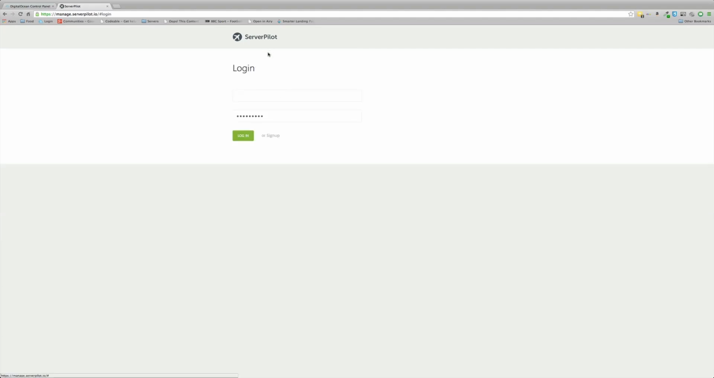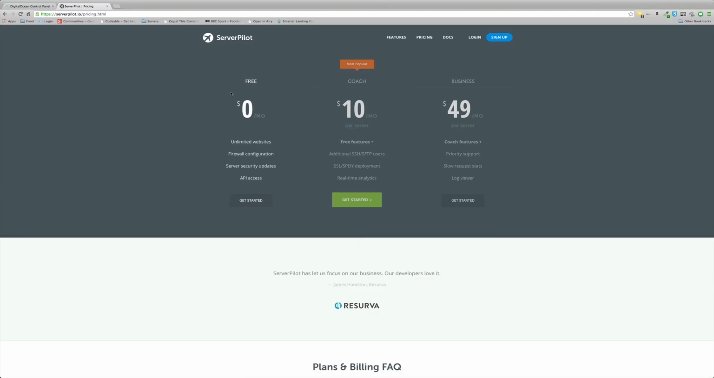Okay, so if we go back to the website, what we're going to be using is this free version here, which allows you to control unlimited websites. It has firewall configuration all done for you out of the box. Server security updates are done, and you have API access. So this is what we're going to focus on today. So let me log into my account,